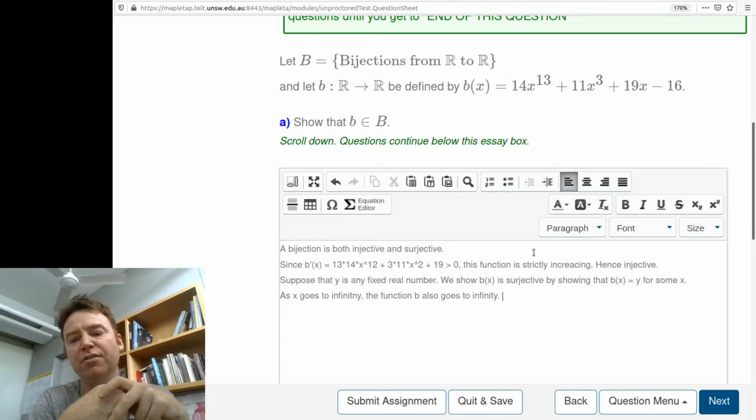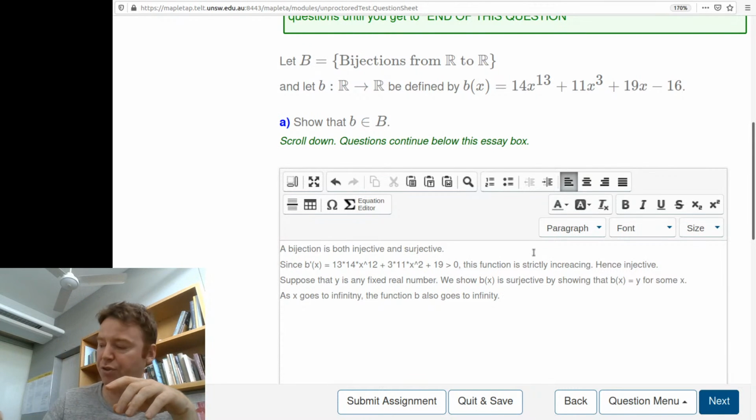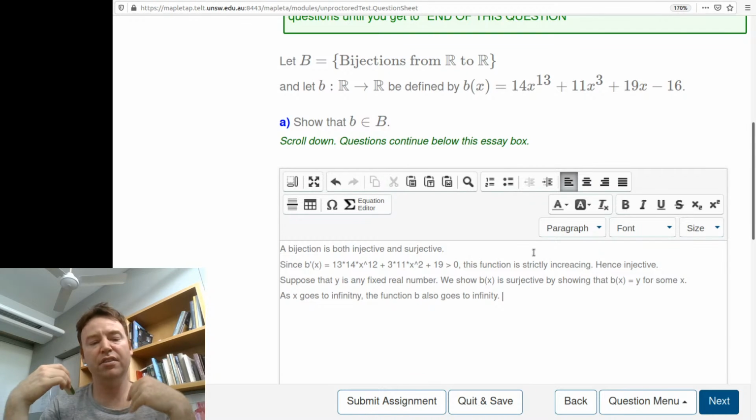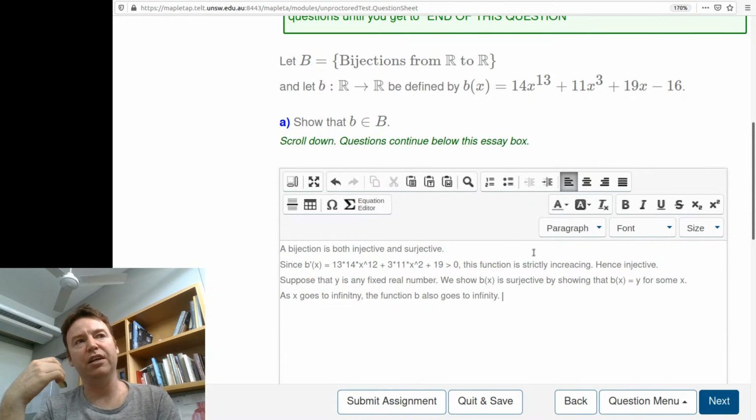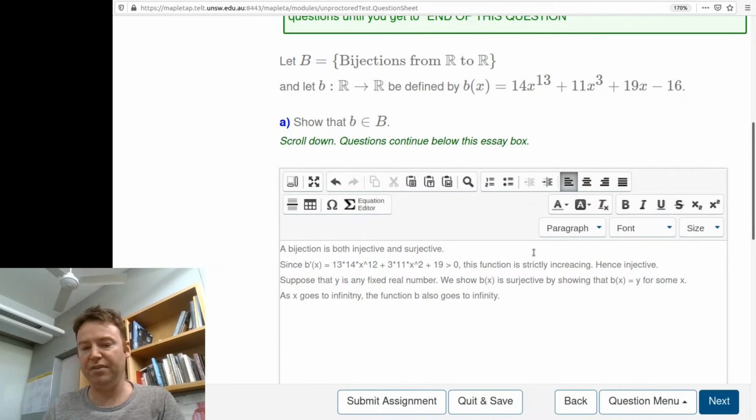Not every strictly increasing polynomial will diverge like that. Think of a hyperbola, like 1 on negative x. If you look at the right hand side of that, it's always increasing, but it never quite gets to 0. So you have to do a little bit more than say that it's strictly increasing. It has to be unbounded. As x goes to infinity, the function b also goes to infinity. Similarly,